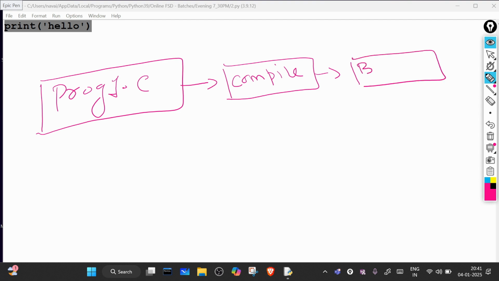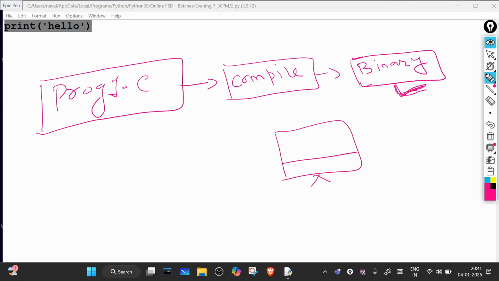Can you tell me whether this binary code is platform dependent or independent? Platform independent means it works on every machine.